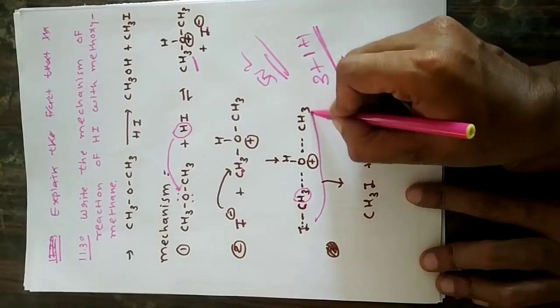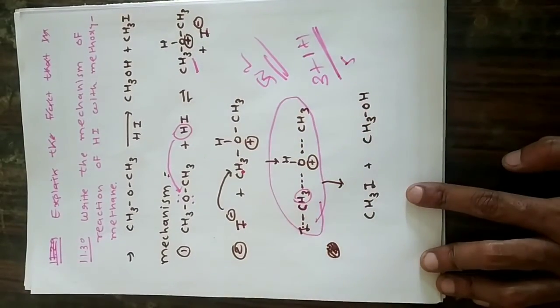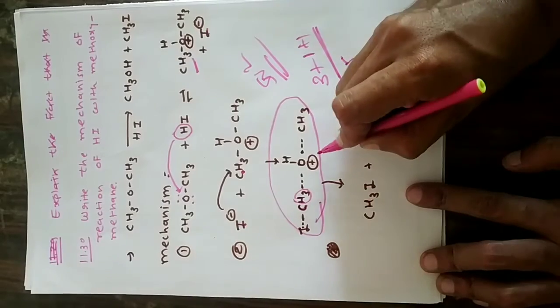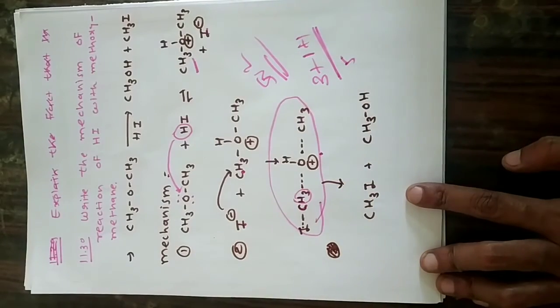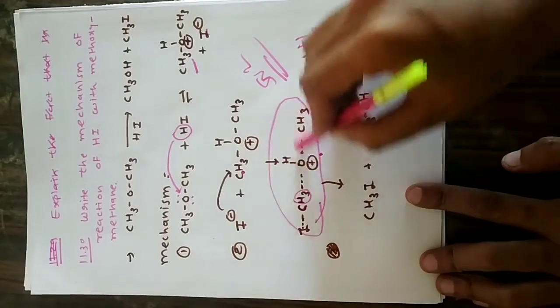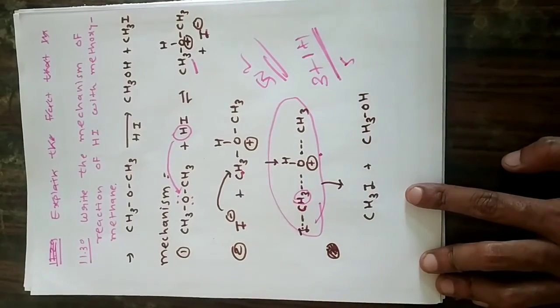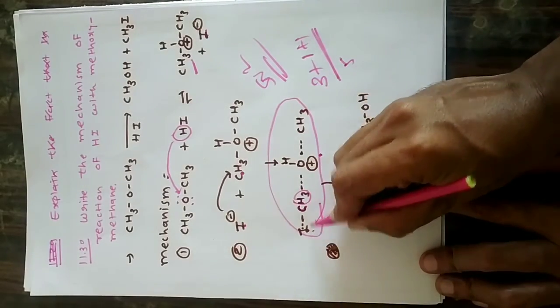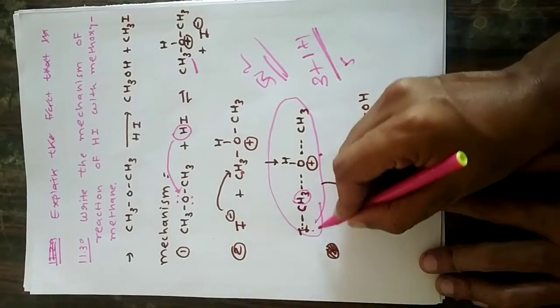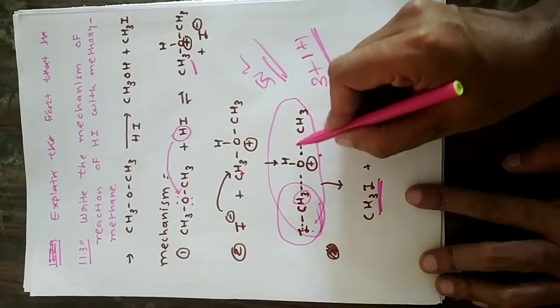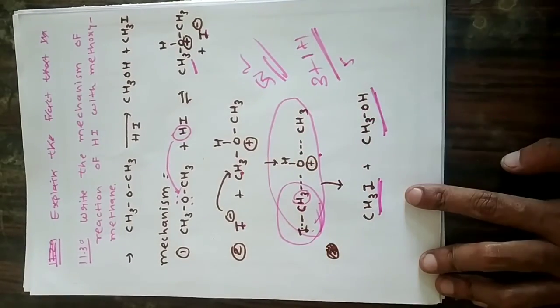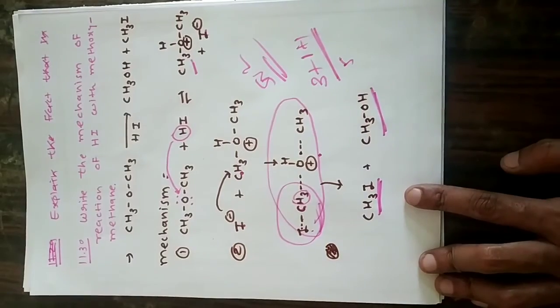So it is our pentavalent intermediate, and we have learned this pentavalent intermediate in the SN2 mechanism also. In the last step, CH3I will be removed, and the remaining alcohol is there. So this is the mechanism of